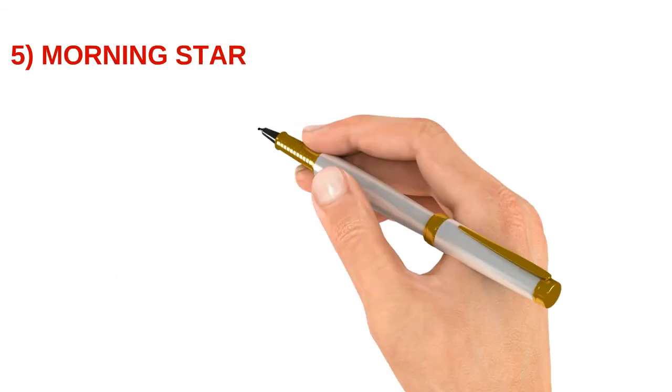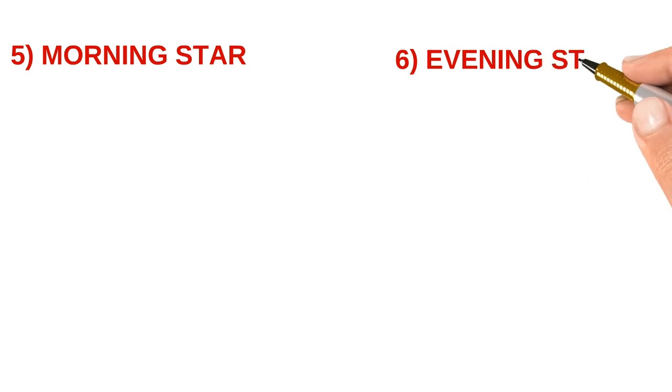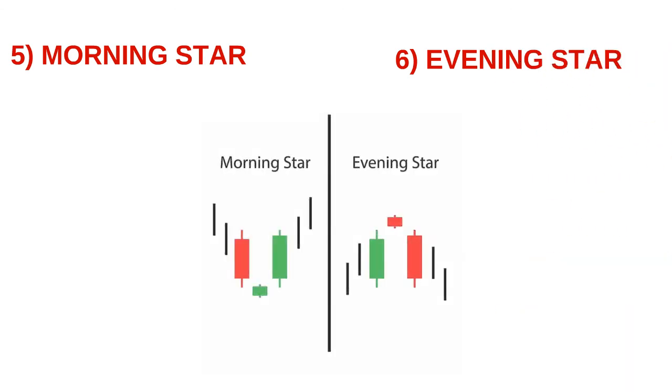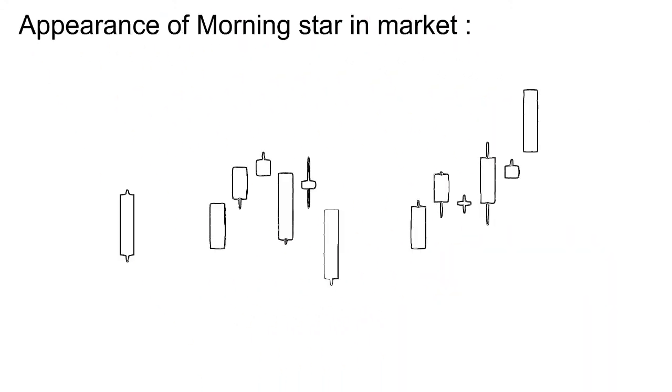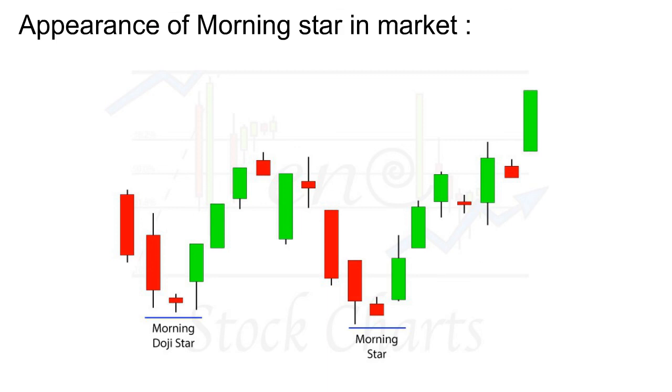Next type is the morning star pattern. It appears at the bottom end during a downtrend. Evening star is as usual the vice versa of the morning star. So the thought process would be the market is in a downtrend and bears are in control, making successive lows. On the first session, the market makes a new low with a long red candle. And on the second session, bears show dominance with a gap down opening. But after a gap down opening, nothing happens, resulting in a doji or a spinning top, which creates indecision, as we saw earlier in the video.